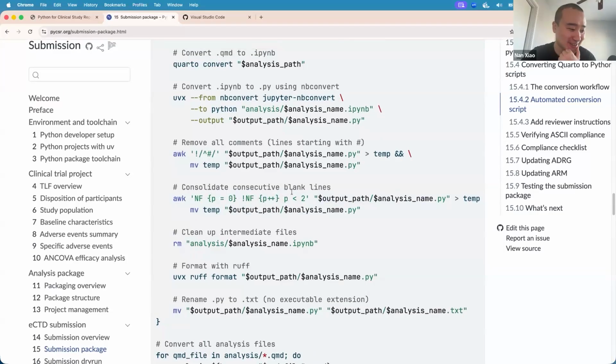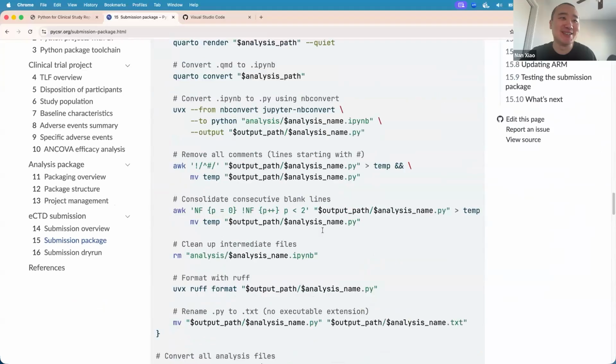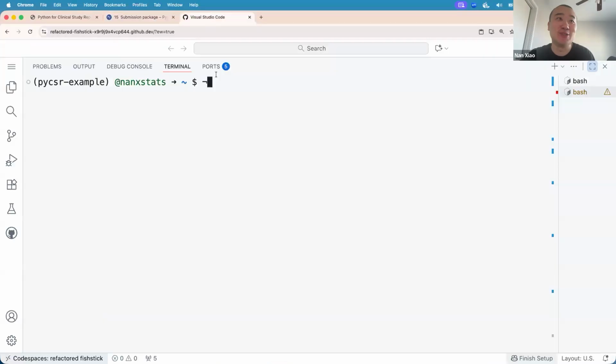Which I remember there's a very interesting book called Data Science at the Command Line, right? Where you can automate things through the command line. And I think that's a very, very big part in Python development. So we can copy and paste this maybe directly into the terminal, although I wouldn't recommend that for security reasons. You should always check what you paste into a terminal. Okay, but here, since I wrote this, I think this is absolutely secure.